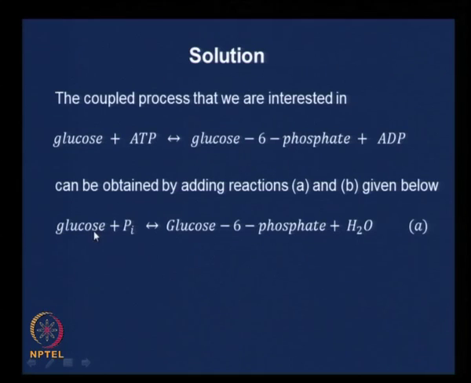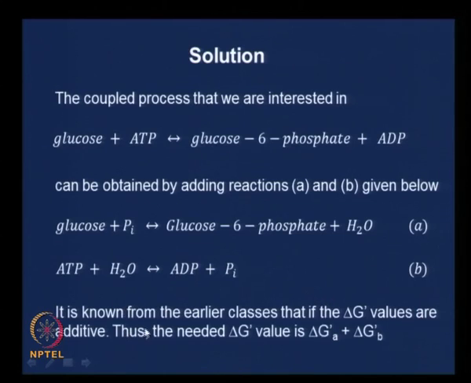Glucose plus phosphate giving you glucose 6 phosphate plus water is reaction A. This is of course not given as it is written here in the problem statement, and ATP plus water, the hydrolysis of ATP to give you ADP plus PI, is reaction B. If you add these two, it is easy to see that you get glucose plus ATP, because water here will cancel out, PI here will cancel out, and what we are left with is glucose plus ATP giving you glucose 6 phosphate plus ADP right here. So, just the addition of these two will be fine,